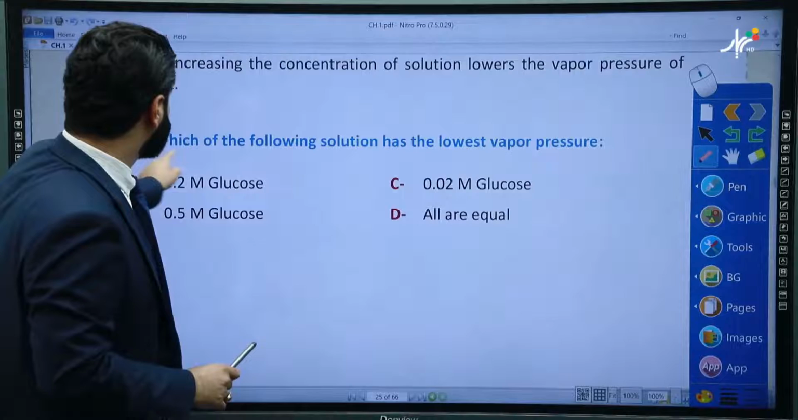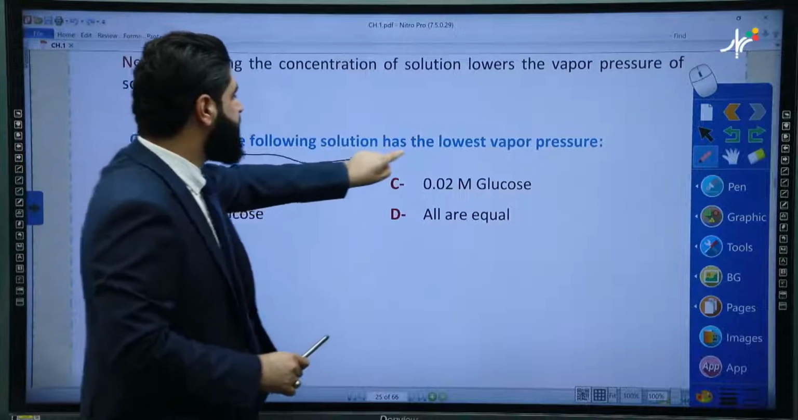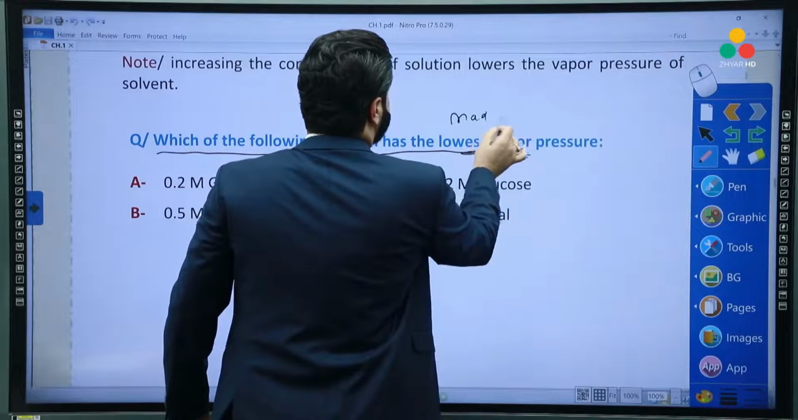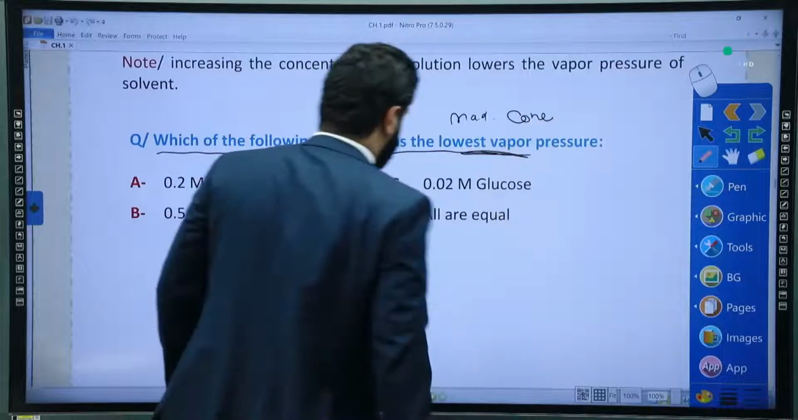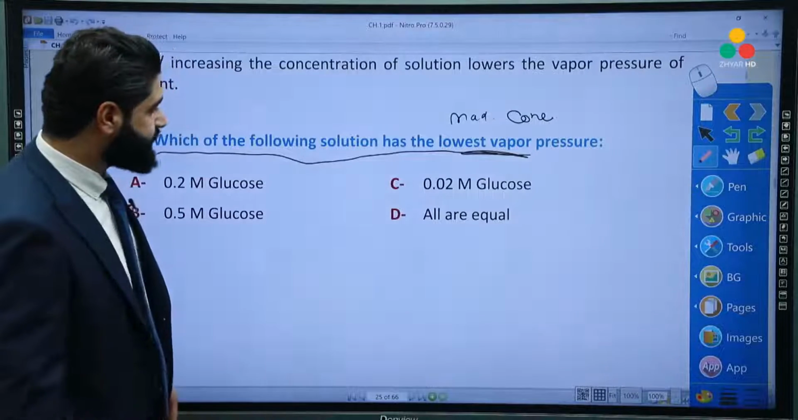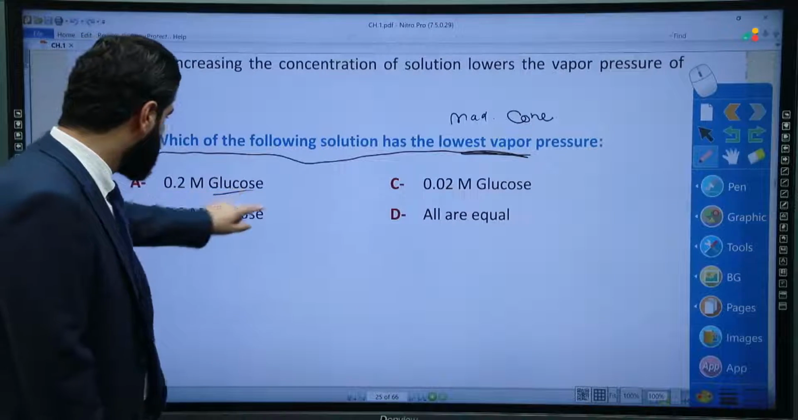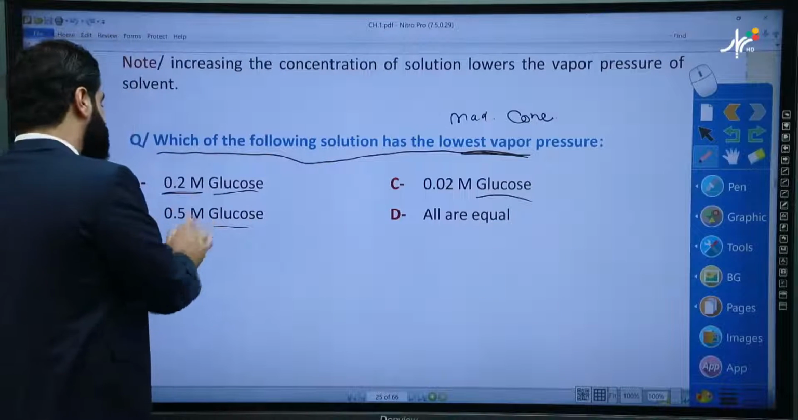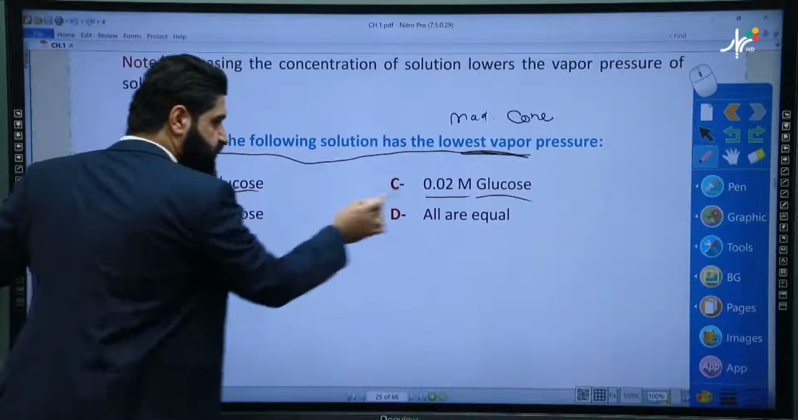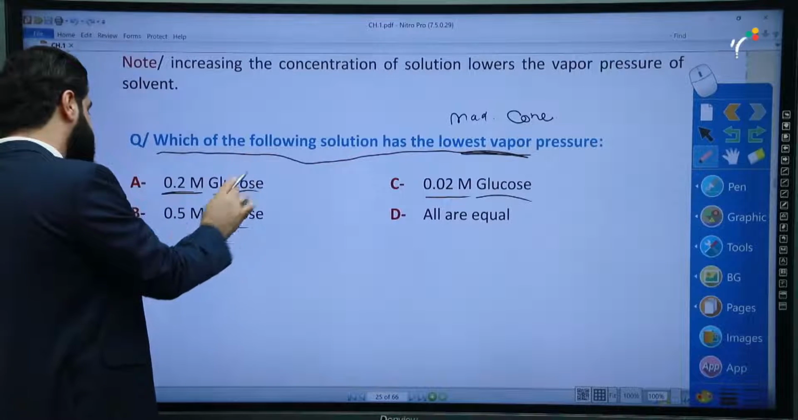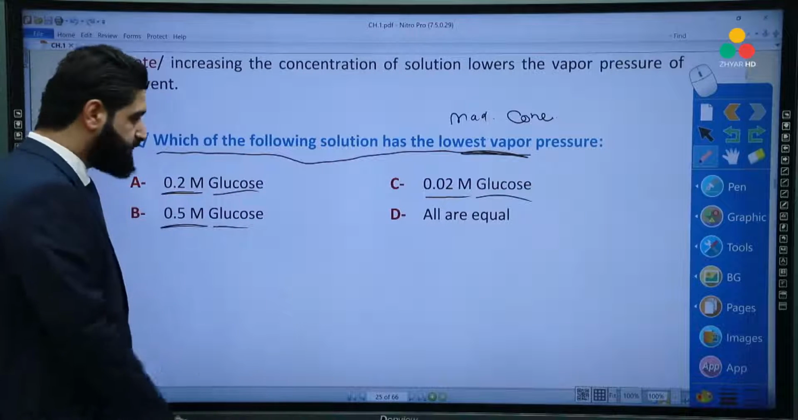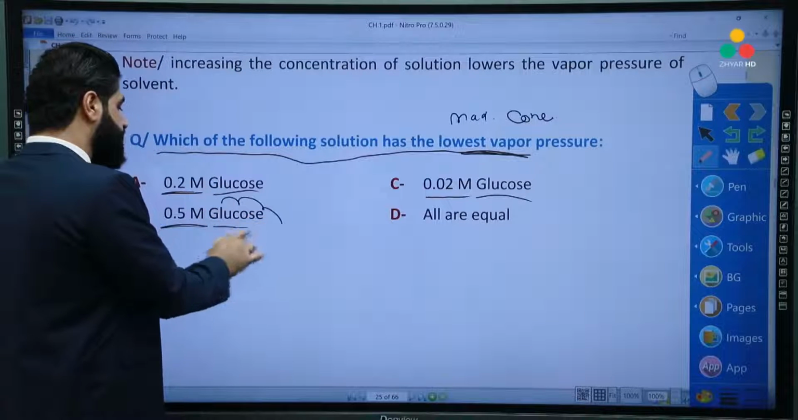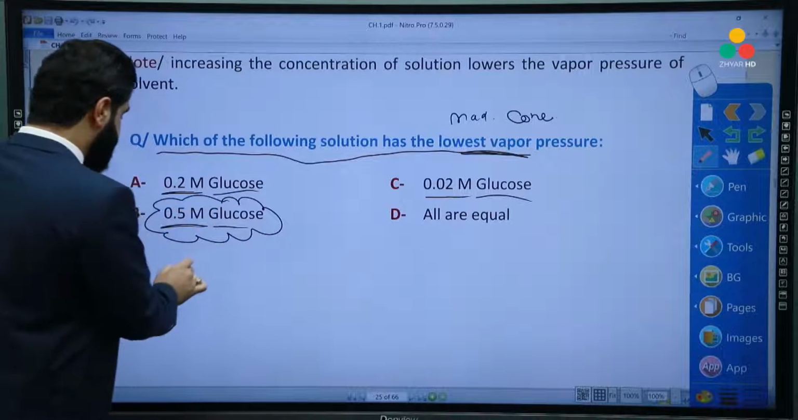Look, which of the following solutions has the lowest vapor pressure? Lowest vapor pressure means maximum concentration. So which one contains the maximum concentration? First of all, all of them are glucose. Look here, 0.2, 0.02. So between A and C, A is correct. But now because the answer of B is bigger than both of them, we have to select B. B is the right answer. So it has minimum